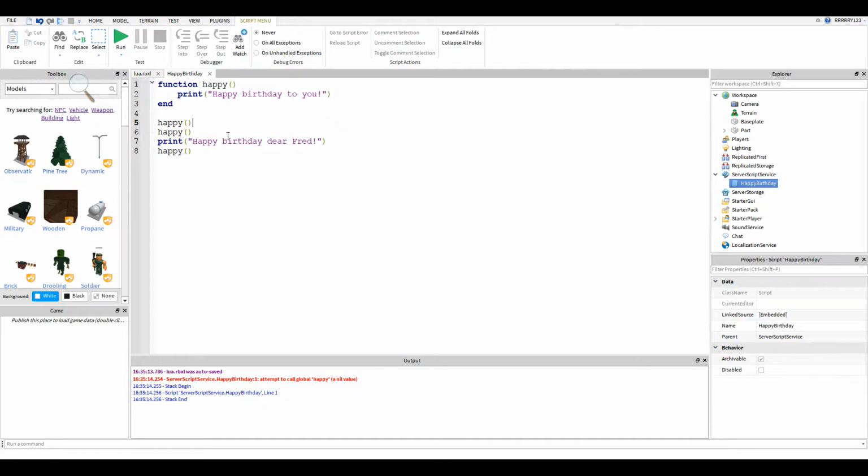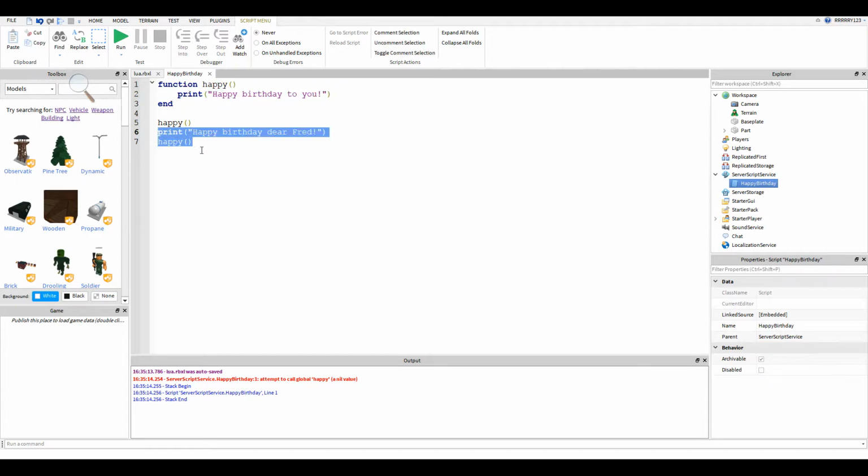Now, before we move on again, I'm going to tell you the flow of how functions work within your program. So let's say, let's get rid of this just so it's a little easier to understand. So as my interpreter comes down, or as my mouse, it reads this, it reads all this, and now it knows what happy means. Now it comes down here and it sees that we want to call happy. So what it does is it jumps back up to here,